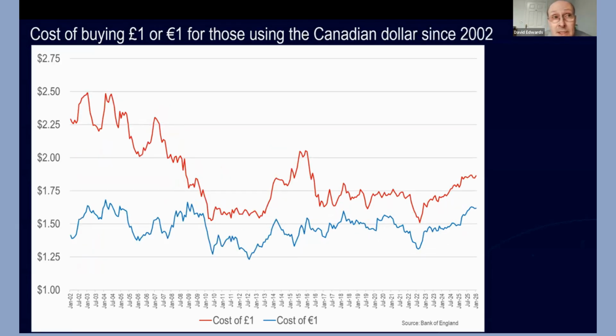We can do the same thing for those with the Canadian dollar. Broadly speaking, the picture isn't that dissimilar to the US, but it's perhaps a bit more of a marked increase in how much it is costing Canadians to buy either sterling or euros in the past 18 or so months.